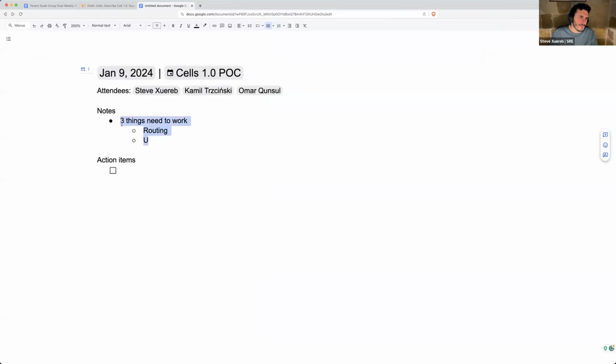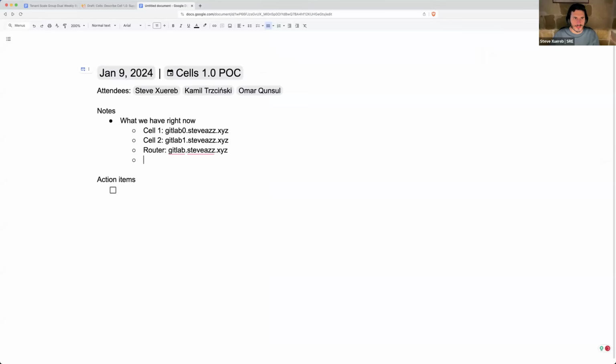What we have right now is Cell 1 that's in GitLab 0, and Cell 2 in GitLab 1. And then we have the router here, which is GitLab, right? And the login works, kind of. Login works, right? And it does append the session. And what we want